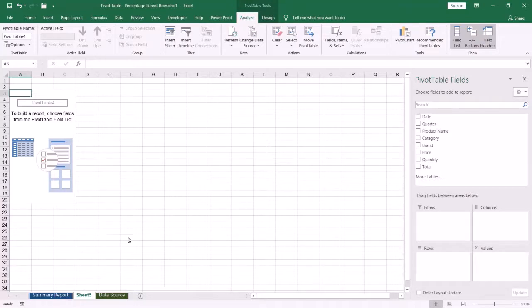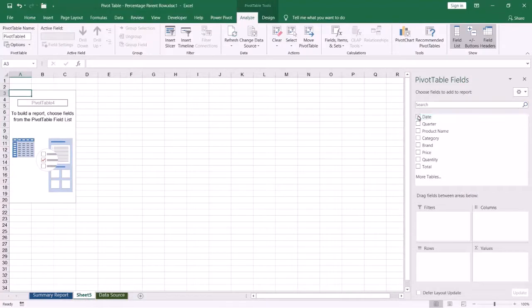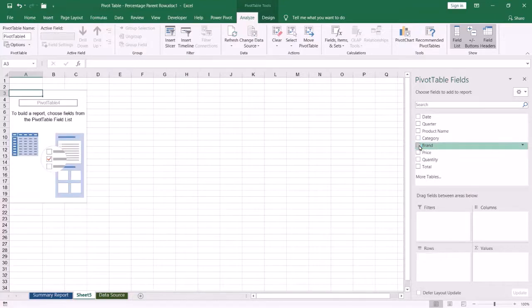The first step, I want to display the brand names as row labels. So from the pivot table fields, I mark the brand field like this. Excel automatically adds the field to the rows area, or you can drag the field to the rows area as we see.